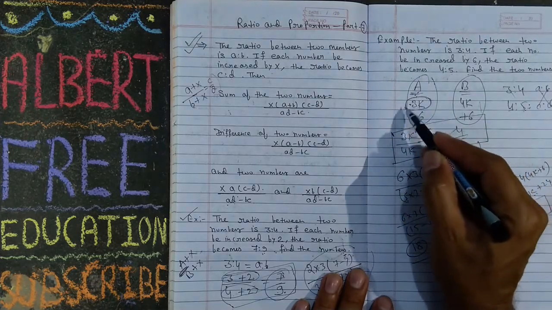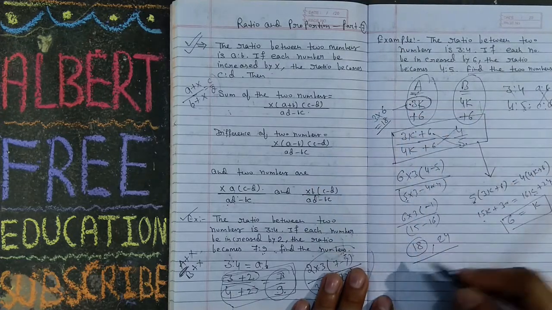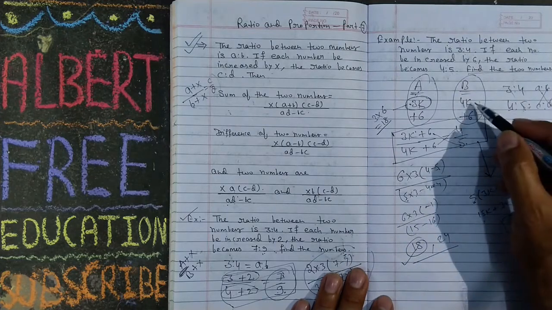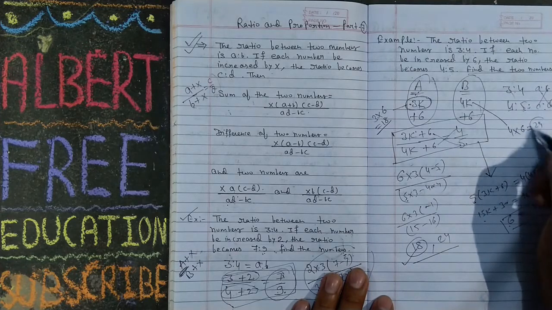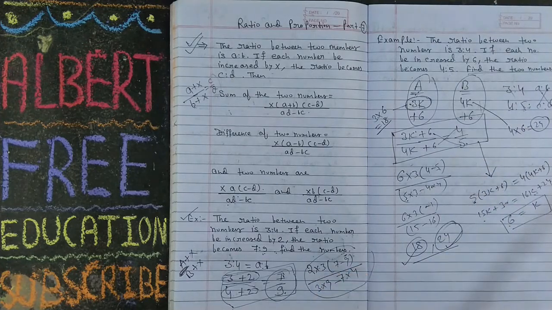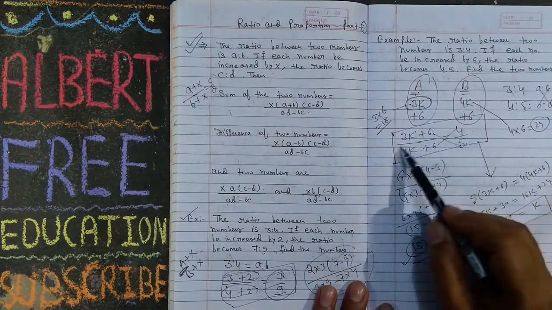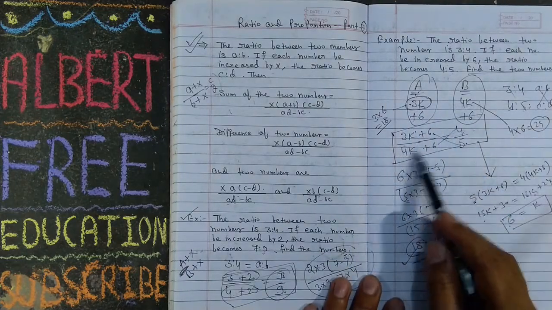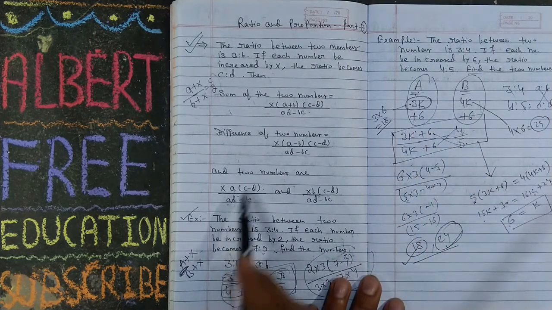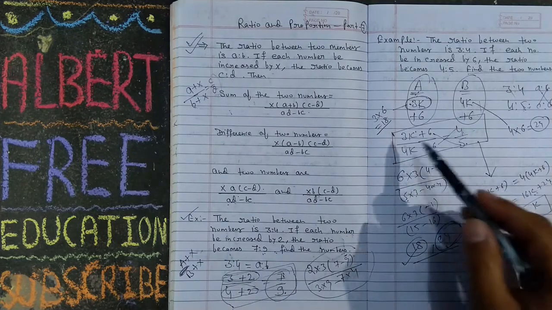This is the initial value, that is 3 into 6 is equal to 18. We are correct. Now we will check this one. 4 into 6 is 24, that is also correct. So you have two methods. One is this method, if you know what a ratio is. Or you can remember this logic and solve such types of questions.